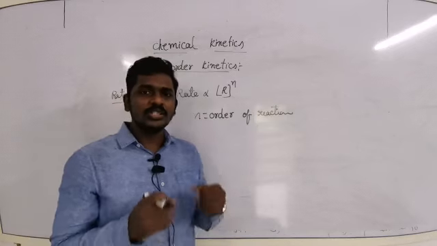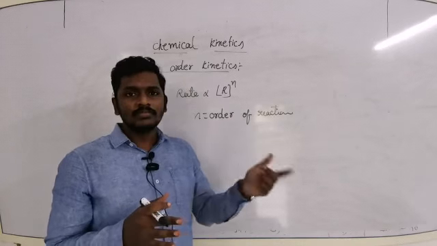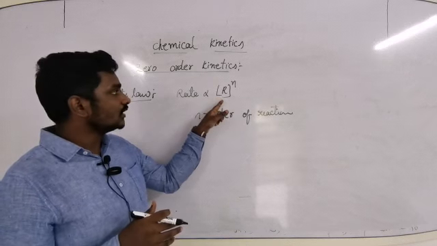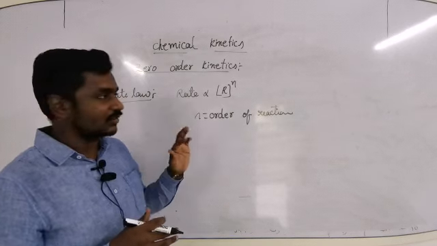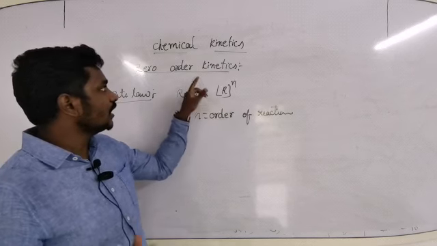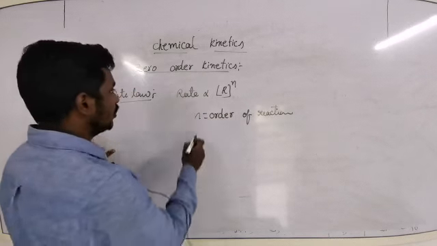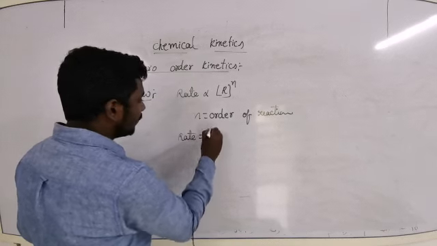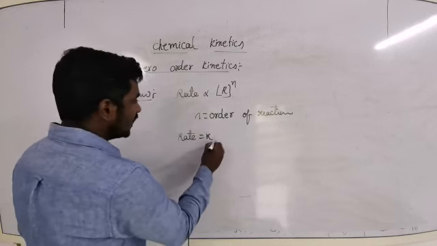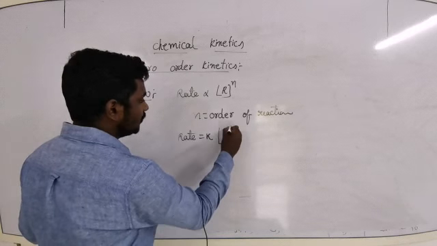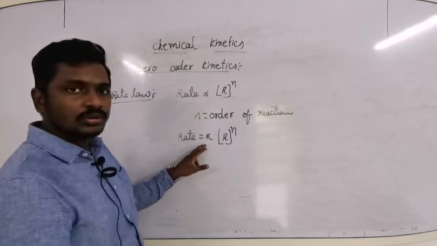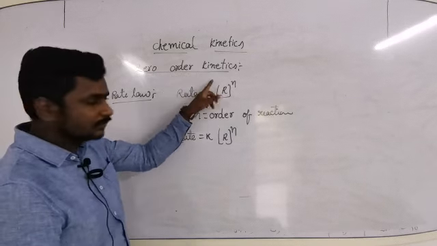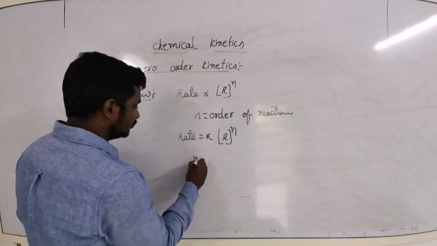In most of the reference textbooks, they simply say that order is the sum of powers of reactants. But what I say is, it is the effect of altering the concentration of reactant on the speed of the reaction. But this rate law equation does not hold good for zero order. Directly proportional to can be converted into equal to by taking a proportionality constant k, where k is the rate constant. So the above equation can be written as rate is equal to k into concentration of reactant whole power n. Since I am discussing zero order, the order of the reaction will be 0.